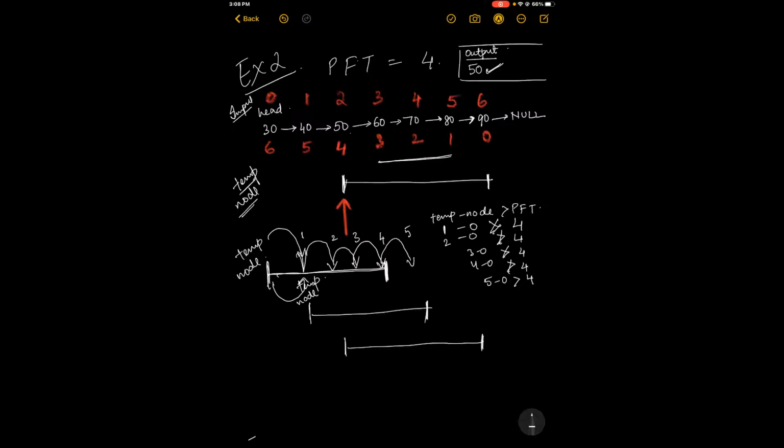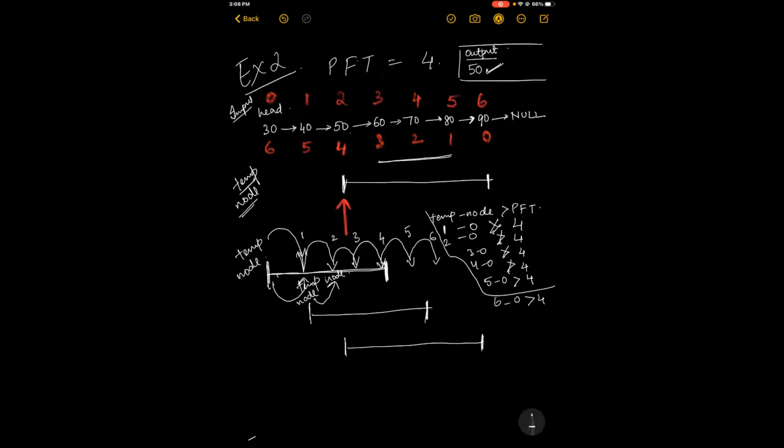Okay, so after this is done, temp will move one step forward, that is at the 6th position. 6 minus 0 is greater than 4 again. So now node will move one step forward. So now node is here.